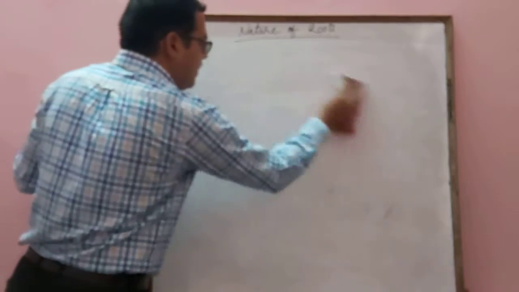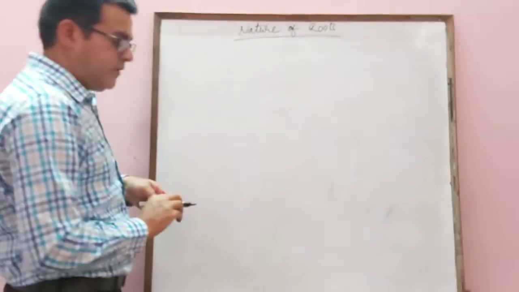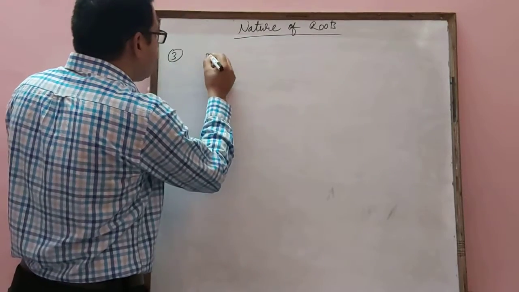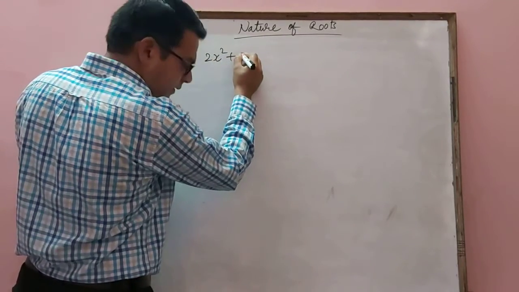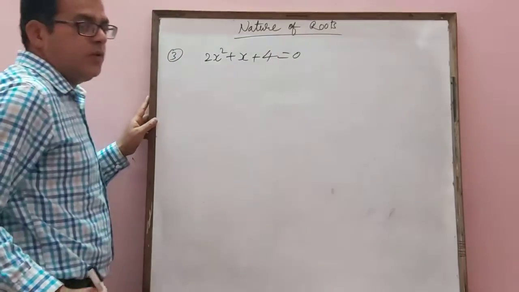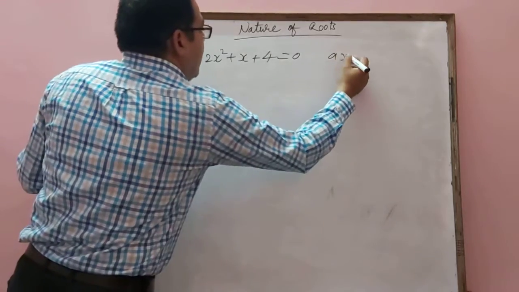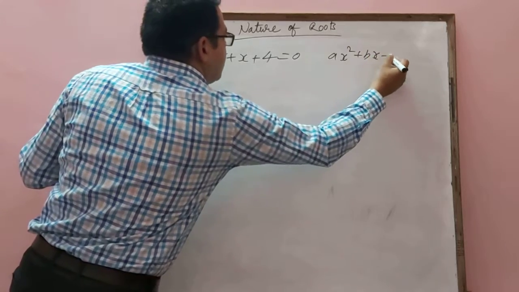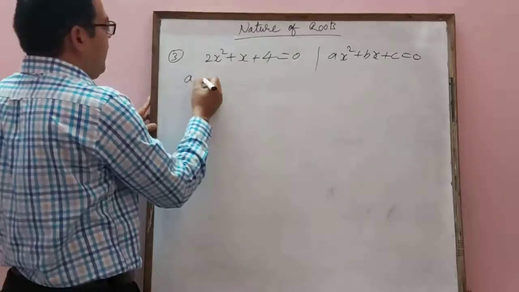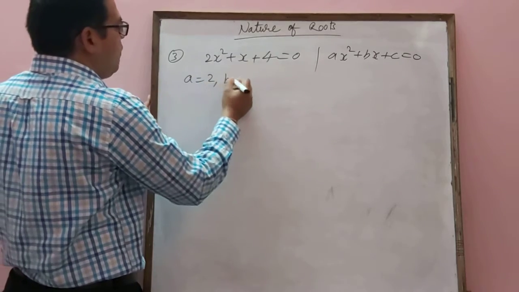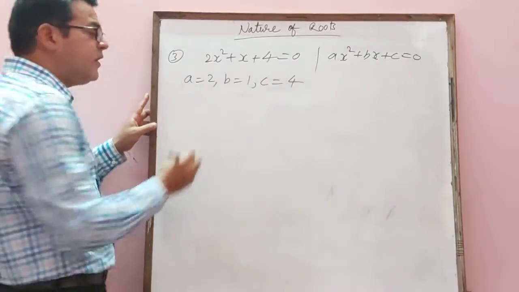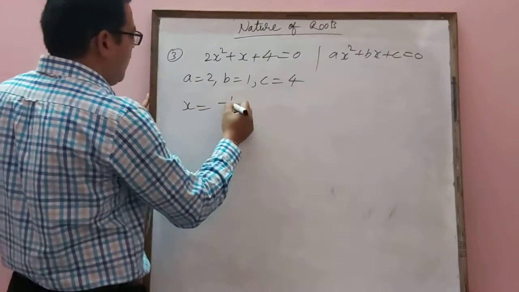Now one more example I am taking here to explain what will happen when the value of discriminant is coming negative or less than 0. So third case I am taking here: 2x square plus x plus 4 equals to 0. Ax square plus bx plus c, general form. After comparison, a we have 2 here, b we have 1 here, and c we have 4 here. Right? So quadratic formula is